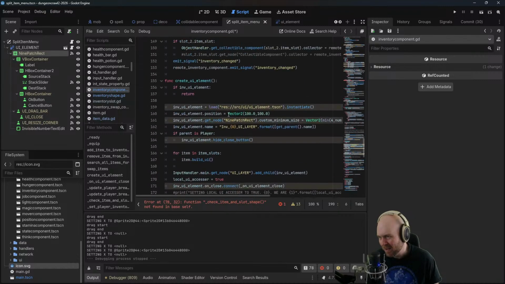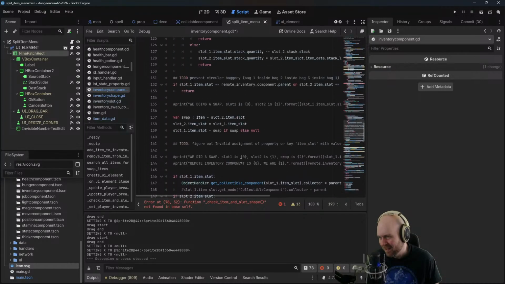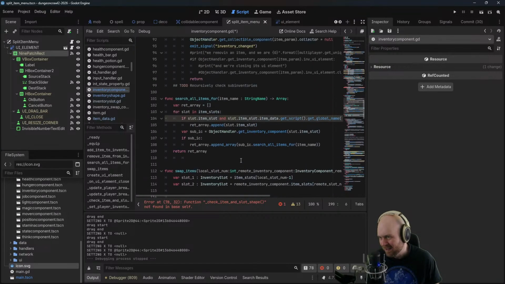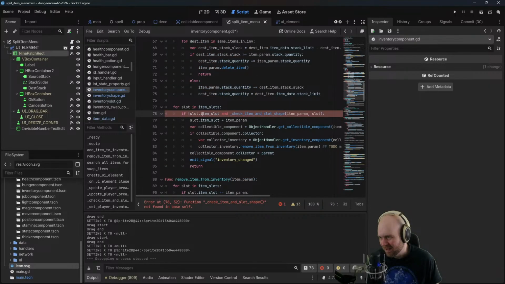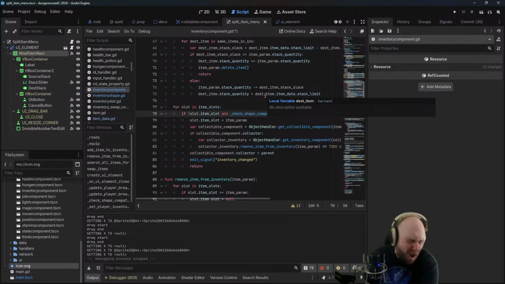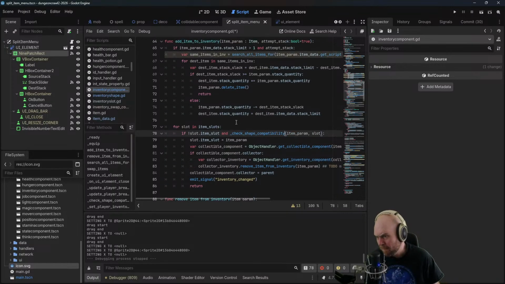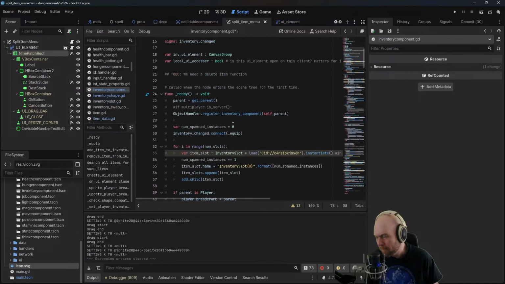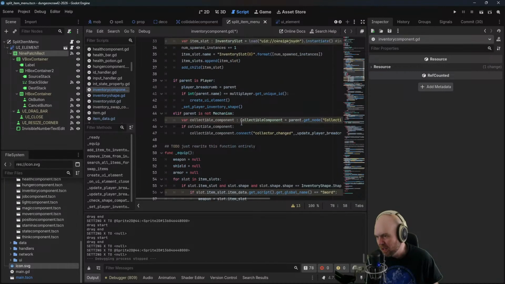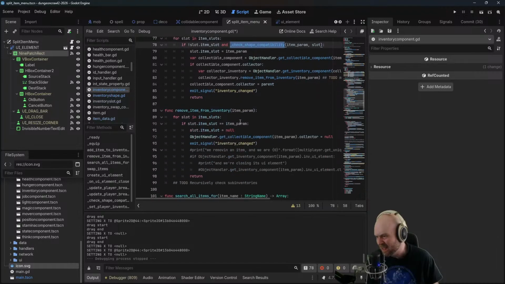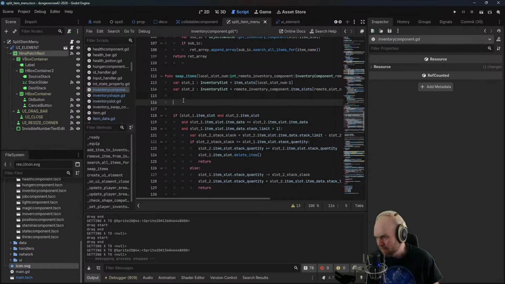God, I hope I didn't misspell that. Okay. We're going to check shape compatibility twice. But we want to only check shape compatibility for things that exist. So let me just,